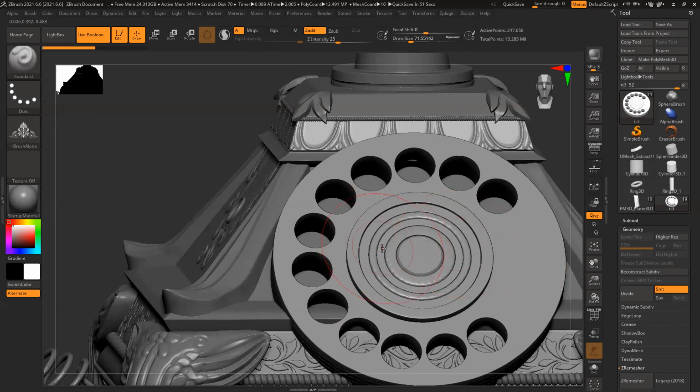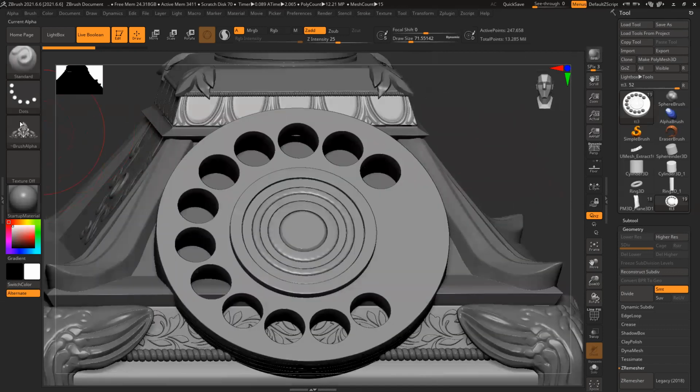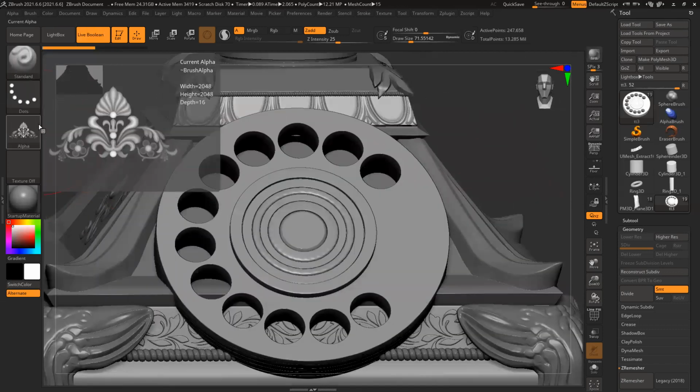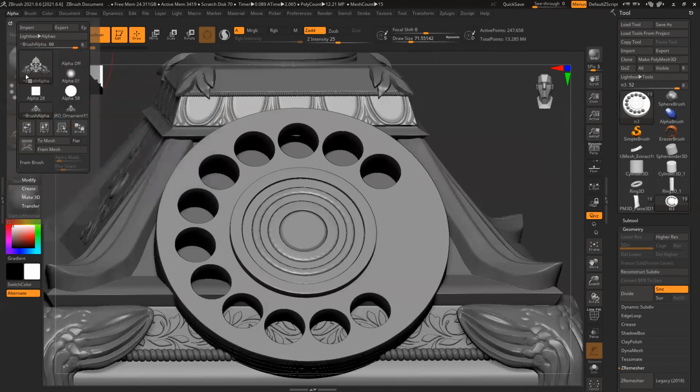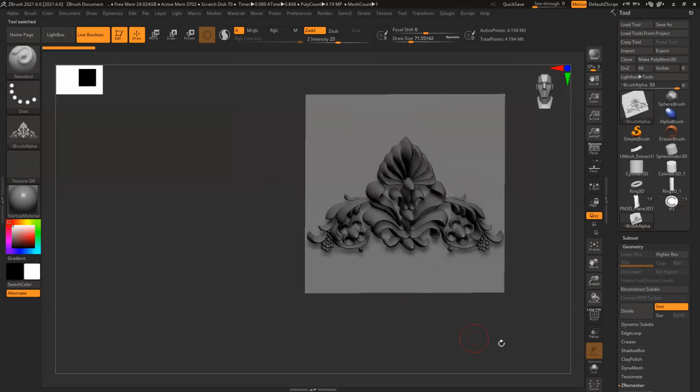There's a very easy way we can convert this design into a 3D model in ZBrush in just one click. Make sure you select your alpha. Any brush can be selected, it doesn't matter. You need to select the alpha and then go to Alpha. There's something called To Mesh, which means anything selected in alpha will be converted into a mesh. Click and you can see